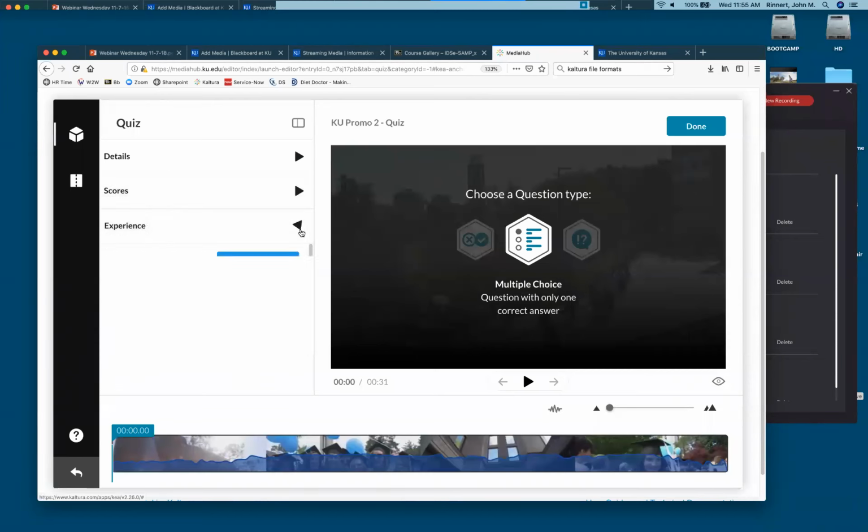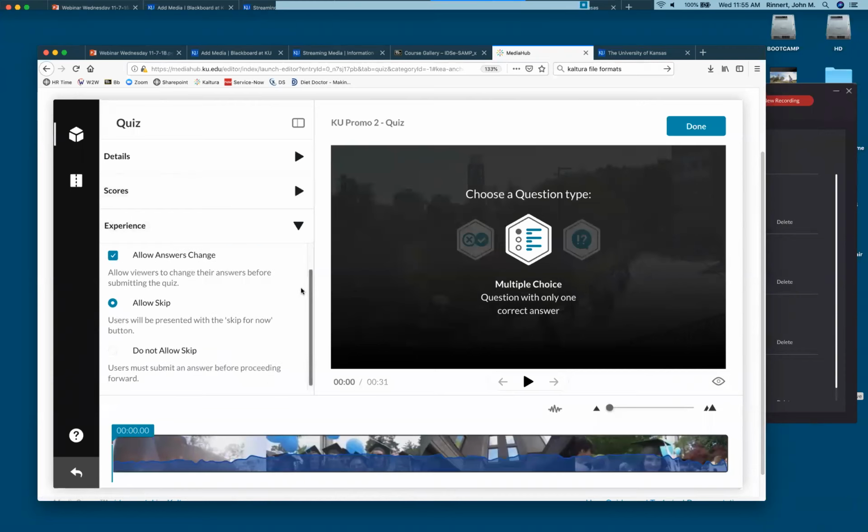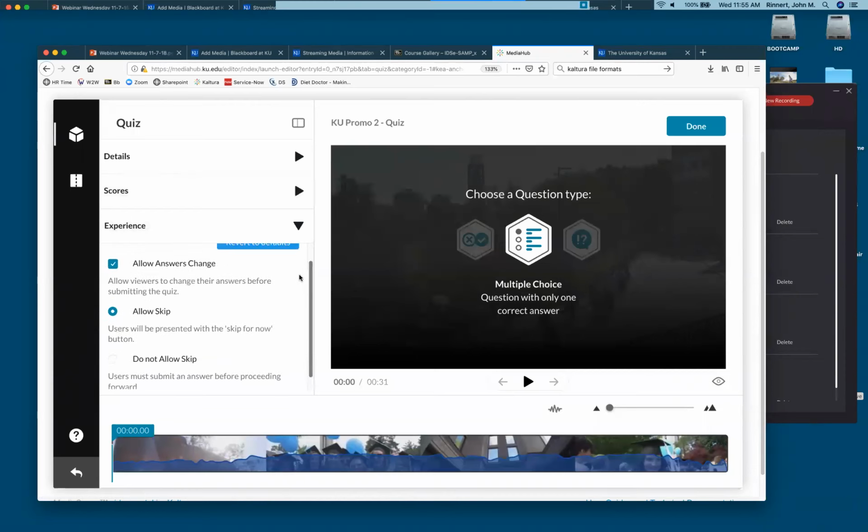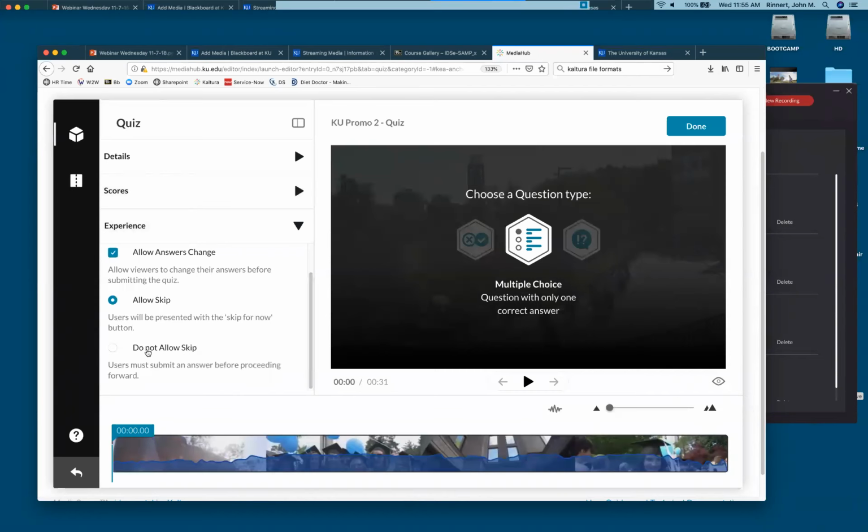And you choose whether or not you want to include the correct answers, and whether or not you want to allow changing the answers. And this is kind of interesting: do you want to make it so they have to answer? A lot of people would say yes to that, but you might decide, hey, this is for their own benefit or for fun, so I will allow them to skip.